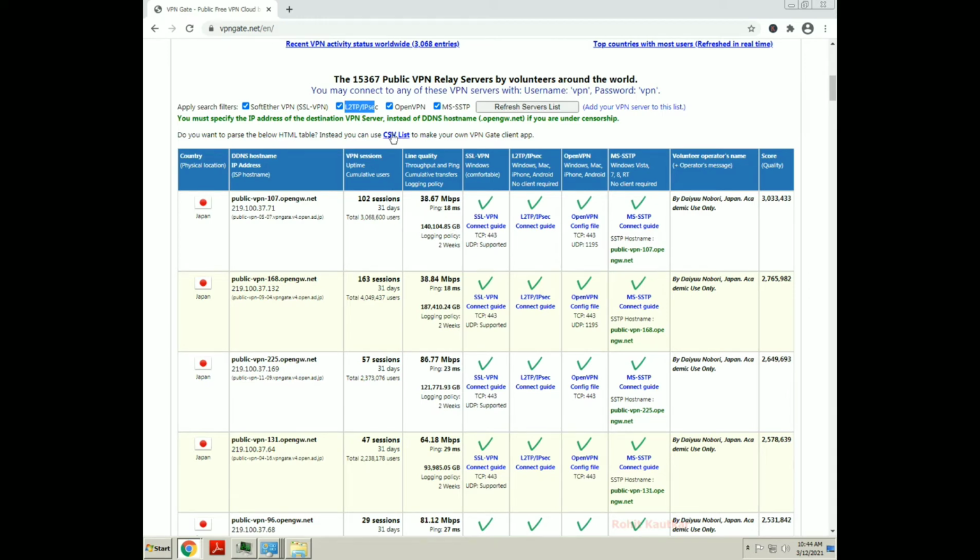To filter this, I will untick these other options because I want to use this protocol to establish the VPN connection between my computer and the internet.